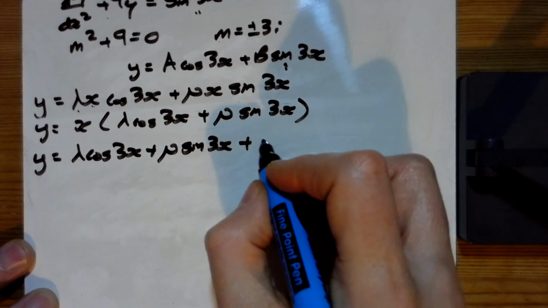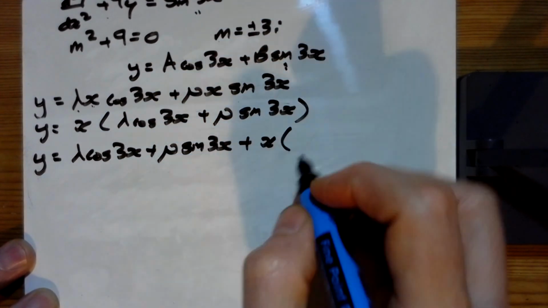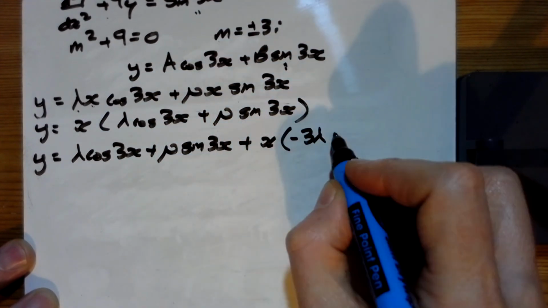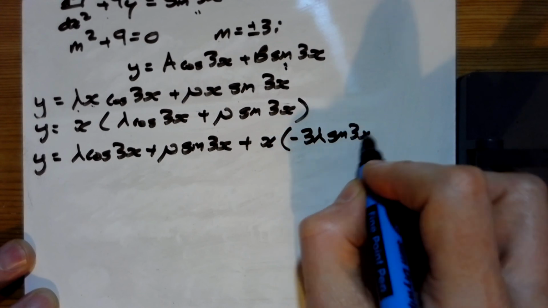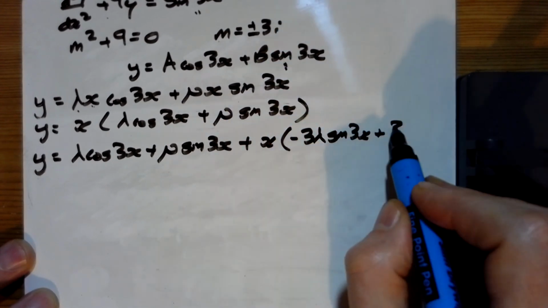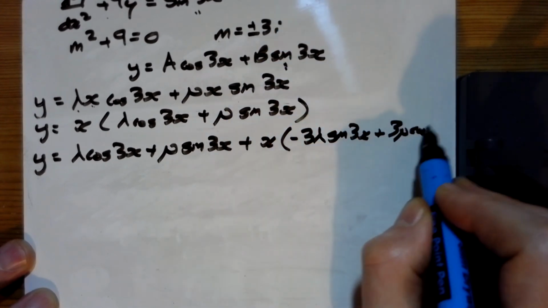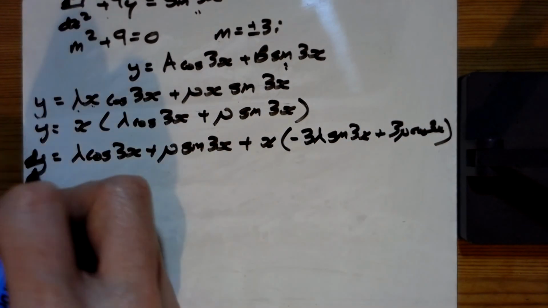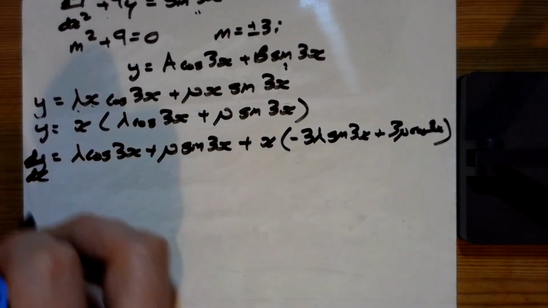But if I keep the x and differentiate the other bit, well, cos goes to the minus sine, and the sine stays positive. And so I've got that there. That's not y, that's dy by dx now then. So now,